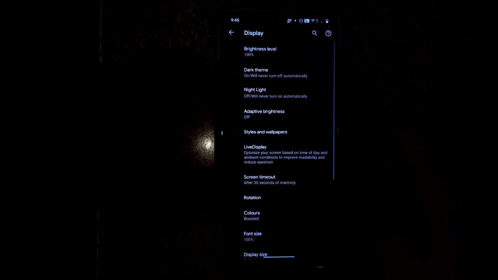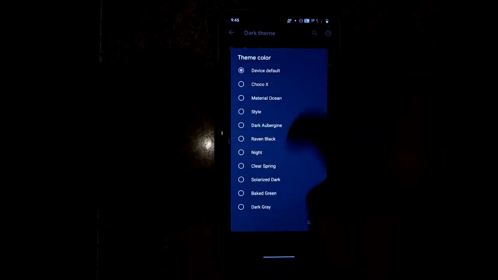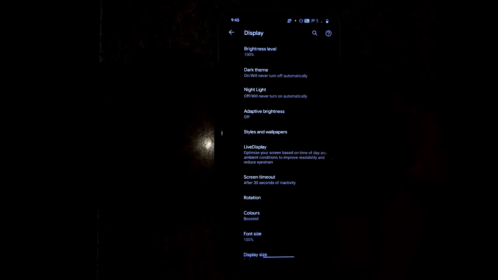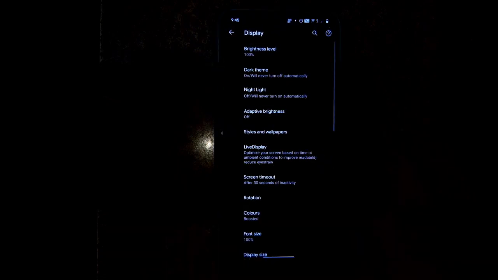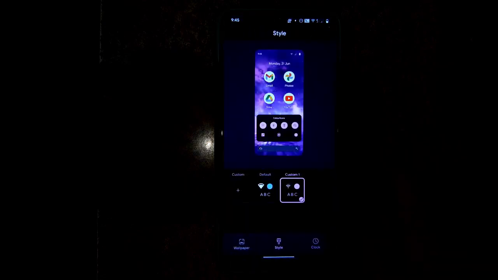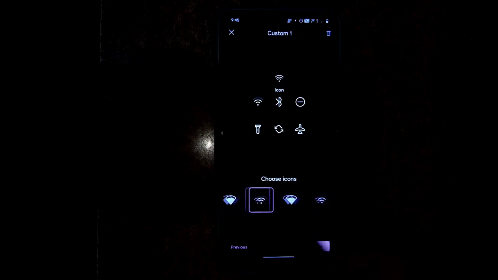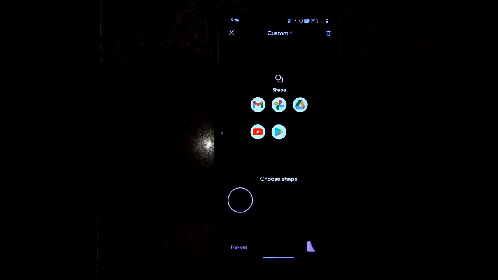In display settings, we get to see brightness level, dark theme, which has different types of themes which can be enabled. Then in night light, adaptive brightness, which is automatic brightness. We can see styles and wallpaper also here. Here we can customize our styles, different types of icons for status bars, colors, accent colors, then system UI